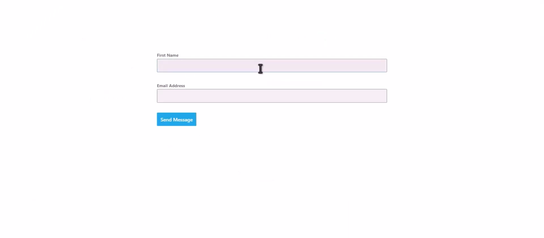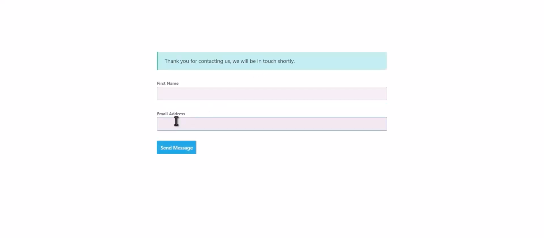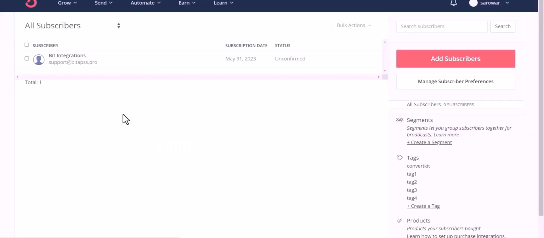Let's submit a form. Click on Send Message. Form submitted successfully. Now go to ConvertKit site. And you can see the data came